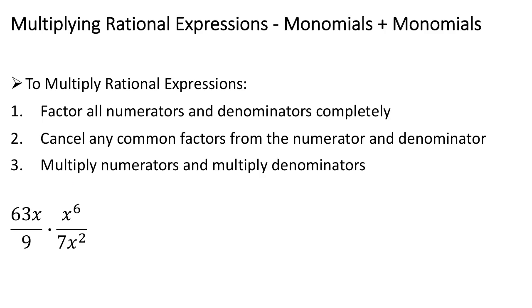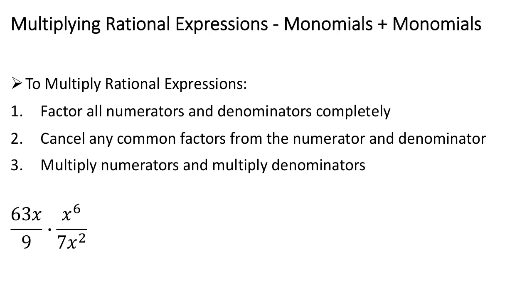In this example, we are looking at multiplying two rational expressions. A rational expression is a fraction, or you could say a ratio, of two polynomials. In this case, we are going to be looking at polynomials that are monomials, or just one term. In order to multiply rational expressions, we are actually going to factor all of the numerators and denominators before